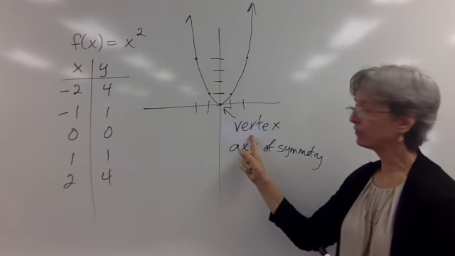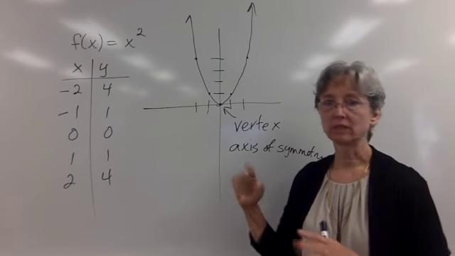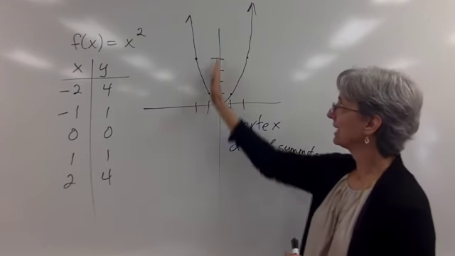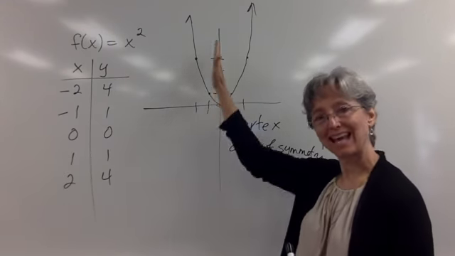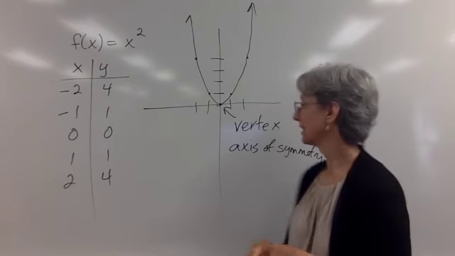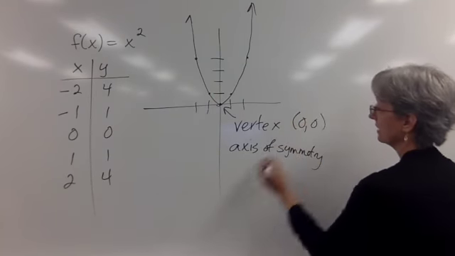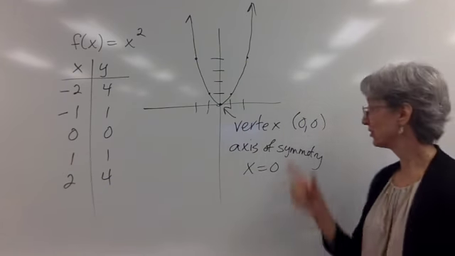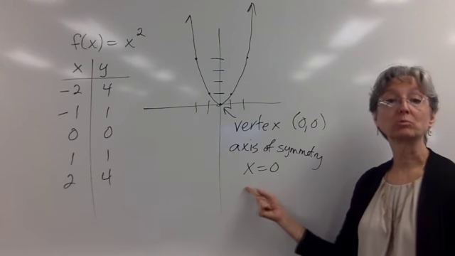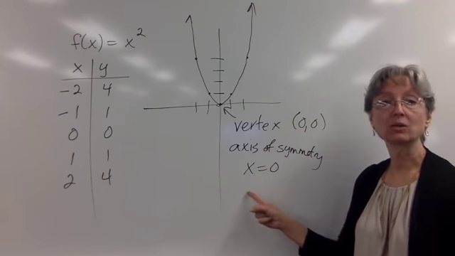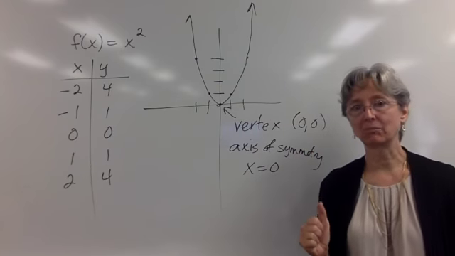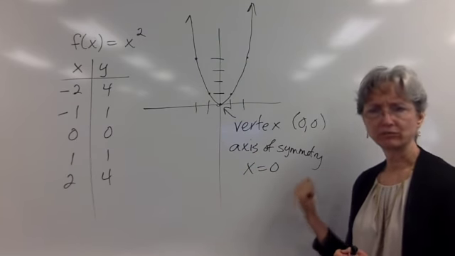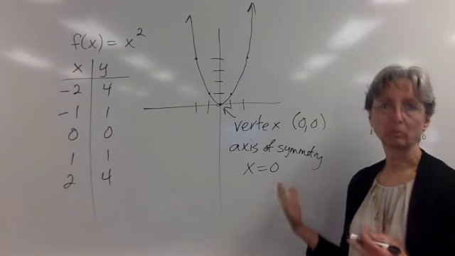In this case, my vertex is (0, 0). Nothing special because this is the parent function. My axis of symmetry is this line that goes through the x-axis at 0, so let me write these down. This is the line x equals 0. If you look at your vertex, your axis of symmetry will be whatever the x of your vertex is. x equals that x. It will be the same thing. You're going to be asked to identify vertices and axis of symmetry,